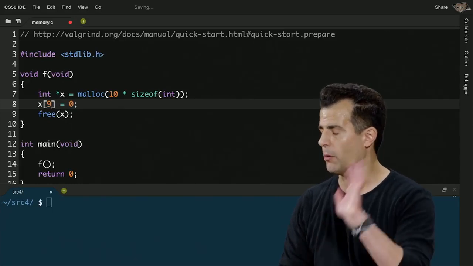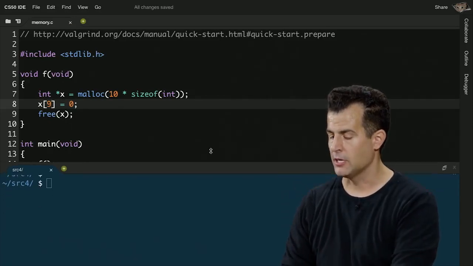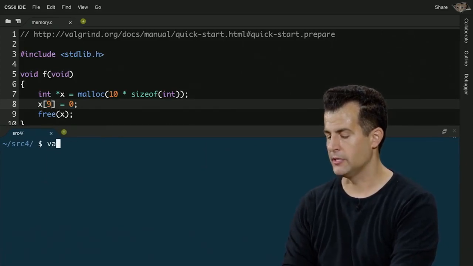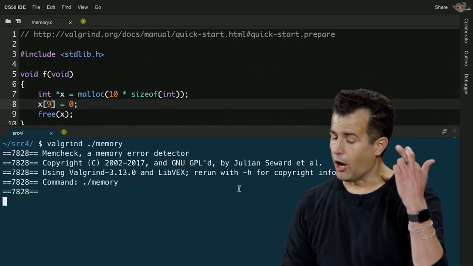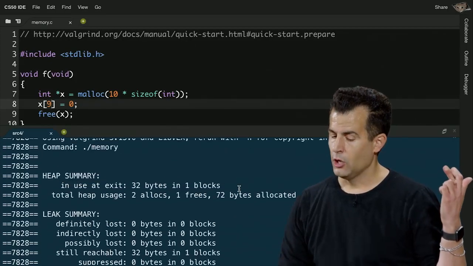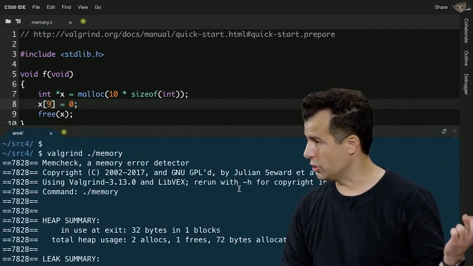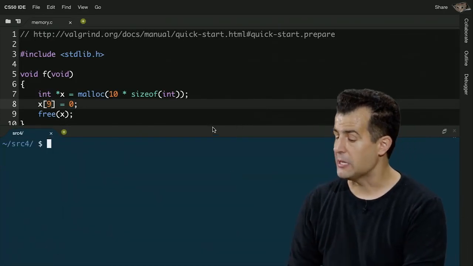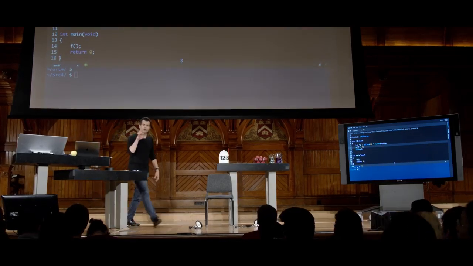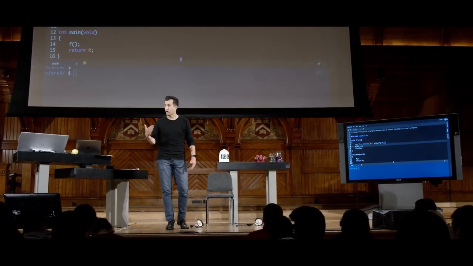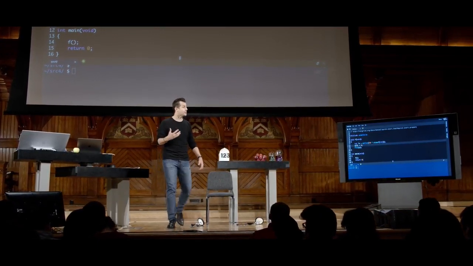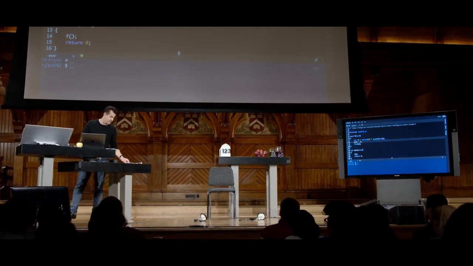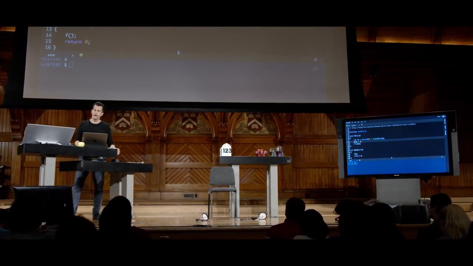So let me fix this and just arbitrarily say, let's go touch that part of it. Let me go here and do make memory. Let me go ahead and do Valgrind ./memory. And now, arcane output aside, notice that that error message went away too. So this will be helpful over the coming couple of weeks as we continue to use C to implement a number of programs that now start to manipulate memory. It's just a tool that helps you spot errors that certainly your TF might otherwise, or that might be causing your program to crash or to freeze or to segfault if you've seen that yourselves before. All right, so that's just a tool.